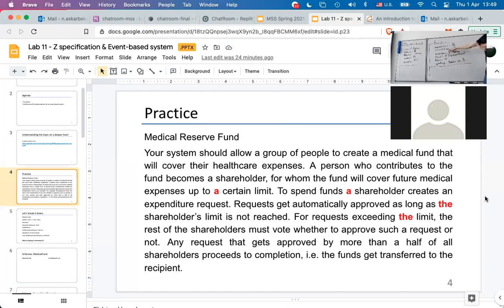Maybe for minimum contribution, nobody would mind, but 0 again is too much. What does it mean to contribute 0? It's no contribution. So it makes sense to say that the expenditure limit should be above 0, and the minimum contribution as well. One thing that I want you to think about is